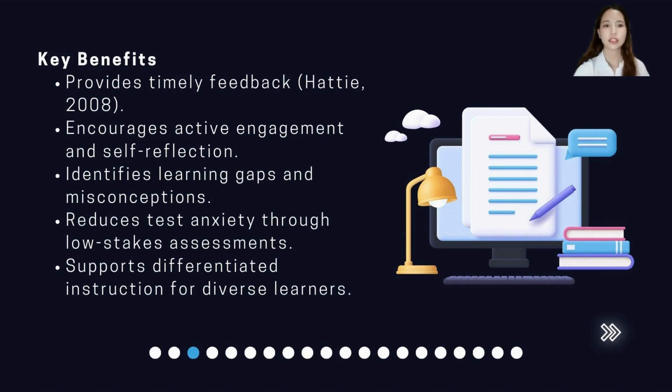Next, they promote active engagement. Formative assessments help us become more involved in our learning. For instance, some teachers use a traffic light system where we can show how much we understand something. Green means we're confident, yellow means we're unsure, and red means we need a little extra help. This way, we can reflect on what we know and let the teacher know if we need extra help or extra time to learn something, and it's like being part of the team working on your own success.